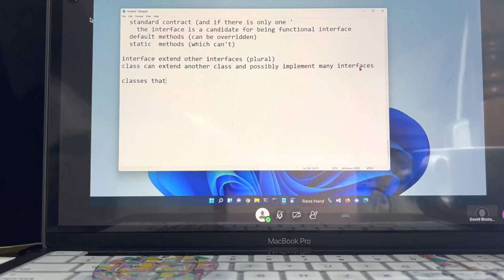Classes that are not abstract can be implemented, or should be instantiated.